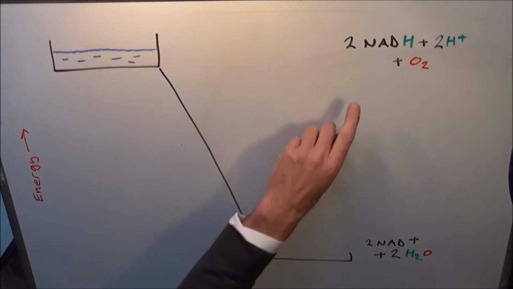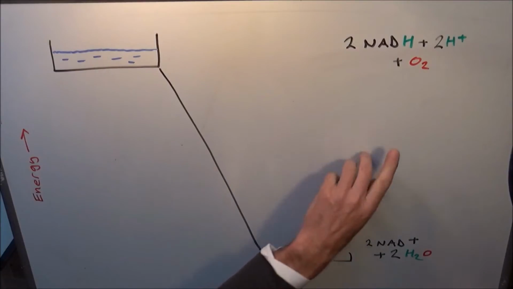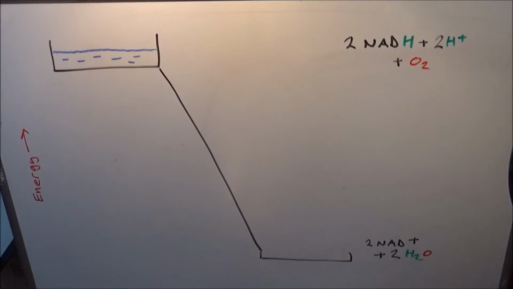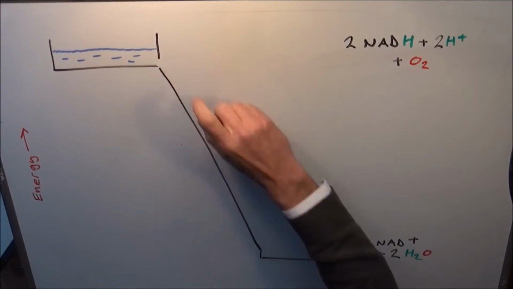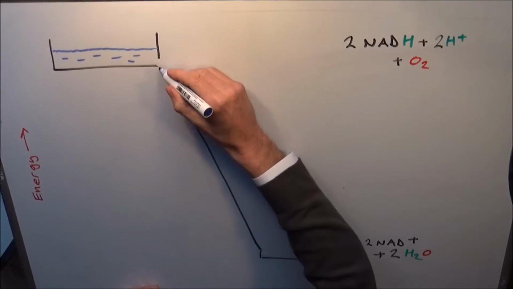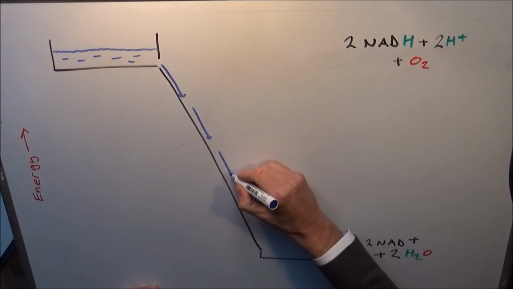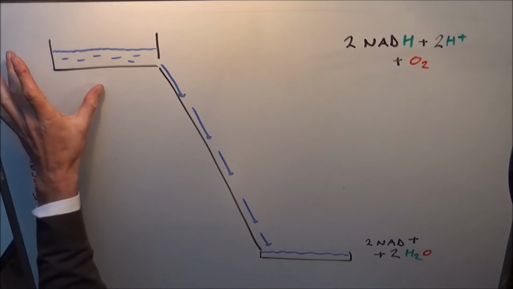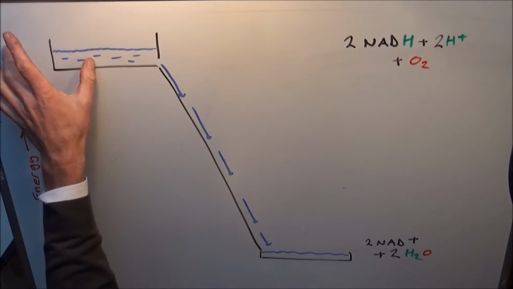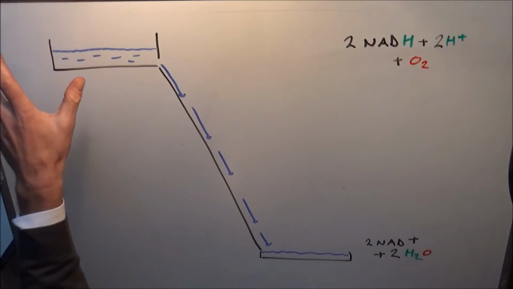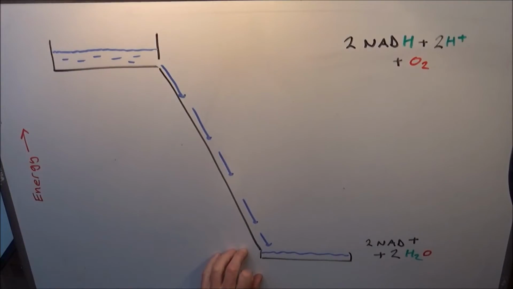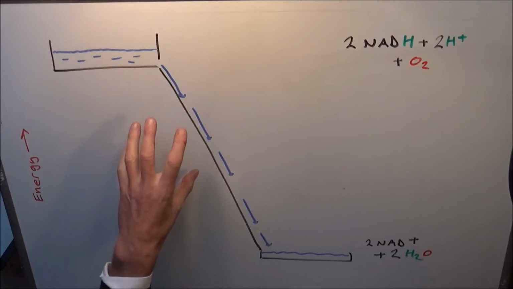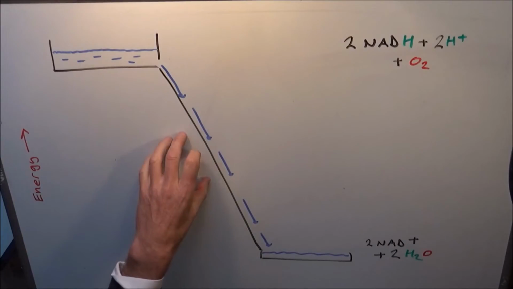So when we send electrons from NADH onto oxygen to make water, it's as though we're letting the water come down a waterfall. So if I open the gate here and allow the water to flow down the hillside into this tank at the bottom, it's going from a position of high gravitational potential energy because of its height to low gravitational potential energy, and the energy is being converted to kinetic energy